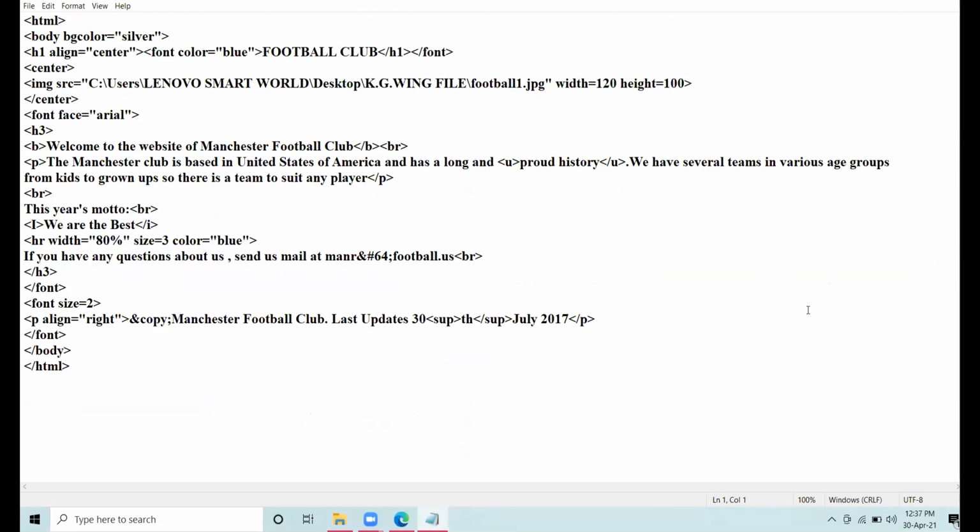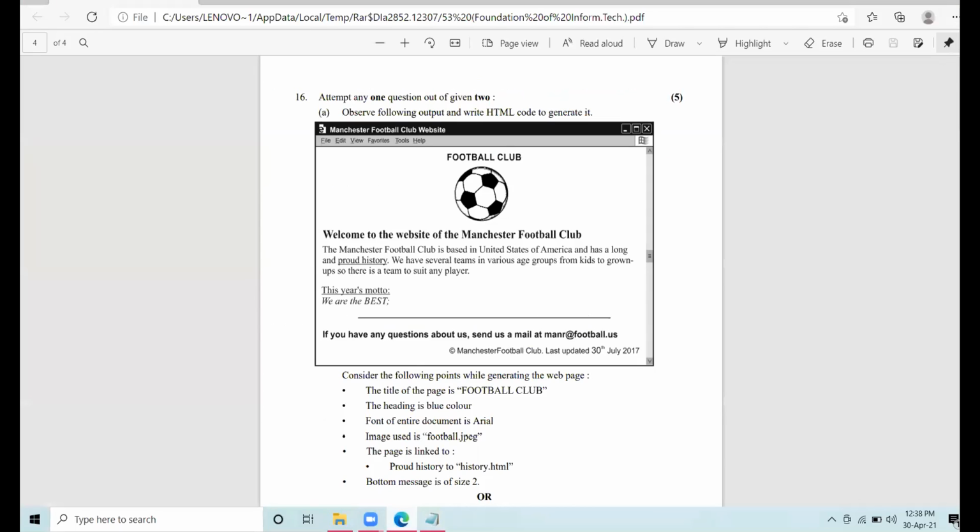So I'm going to start explaining the code of this web page. First of all, we have the heading Football Club, and the heading is in blue color. The board has given instruction that heading is blue in color. The title of the page is Football Club.